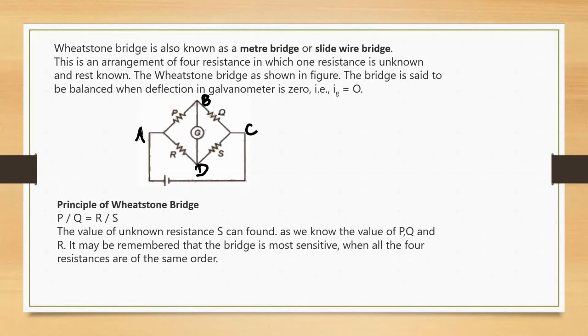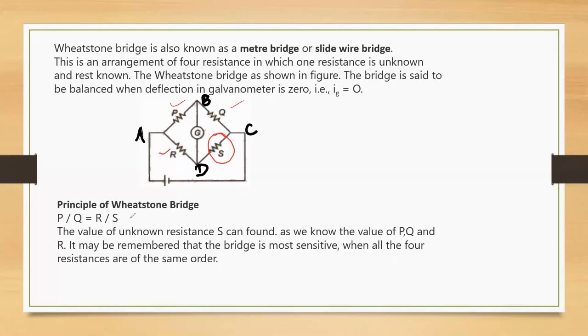The main role of this apparatus is to calculate one unknown resistance when the other 3 are known to you. Out of 4 resistors here, if 3 are known to you, the fourth one can be calculated. If this one value you don't know, it can be calculated by using the concept of Wheatstone bridge. So it is like in its principle of Wheatstone bridge,